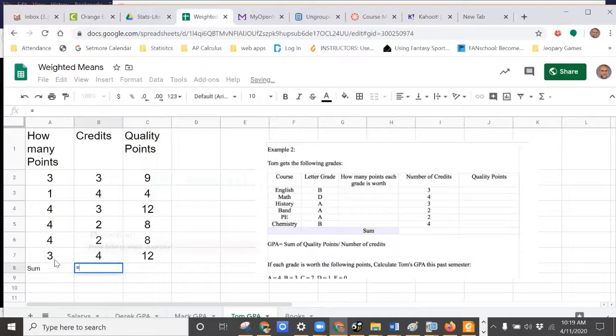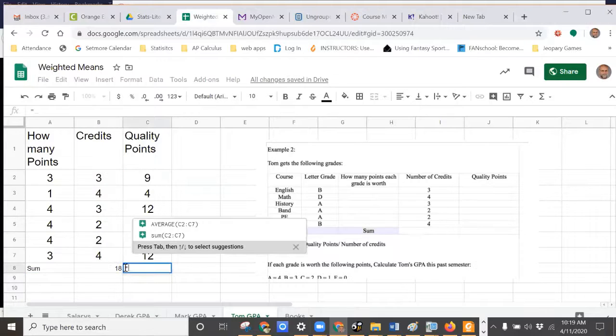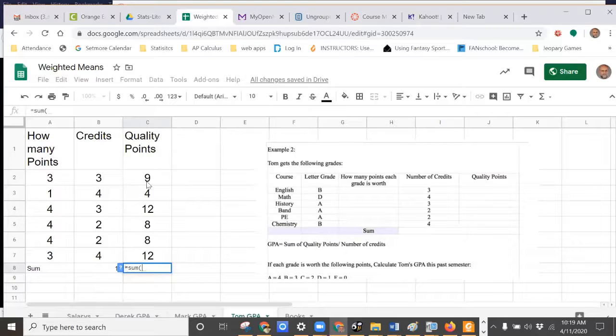So equals sum. You guys have done this a number of times this year, though it's been a couple of weeks since I've had you do it. Actually, at this point, it's almost a month probably since I've seen you, right? We're at the 11th. Yeah, we got out of school. Some of you didn't show up on the 16th of March. Been almost a month. Wow. I miss seeing you every day. I don't know if you miss seeing me, but